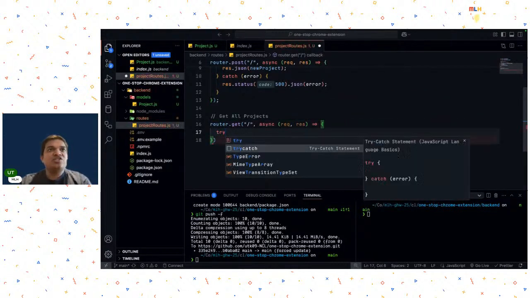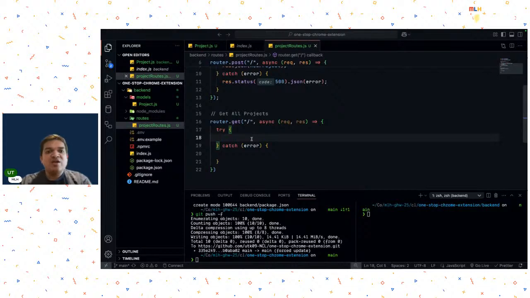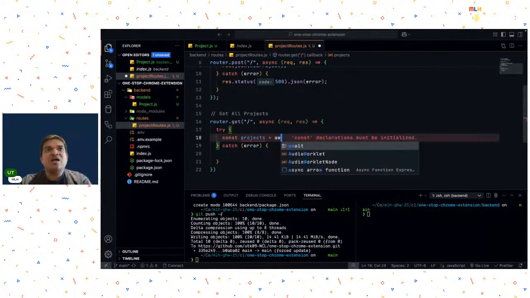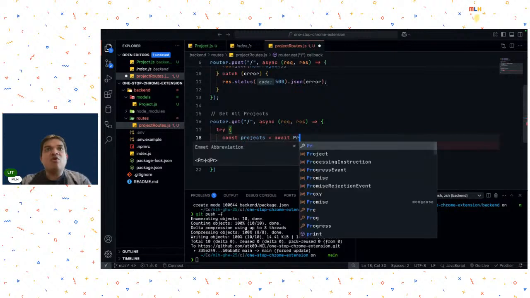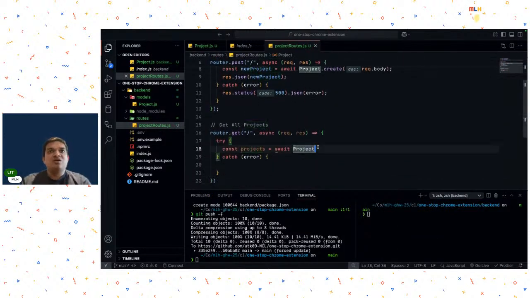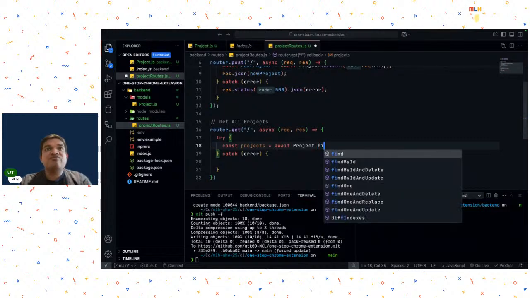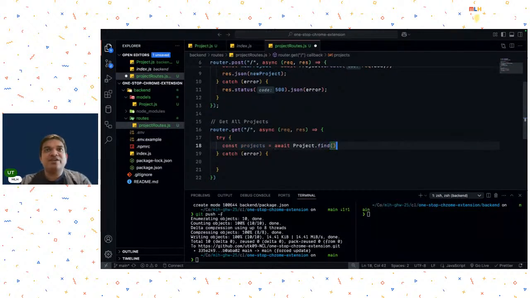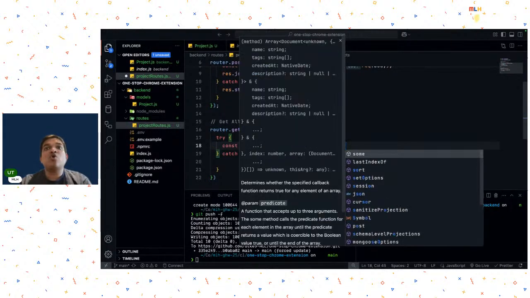Again, a try catch. In the try, we want to create a variable called projects, and that will await Project, that is the project schema. Okay, so this Project dot find everything,